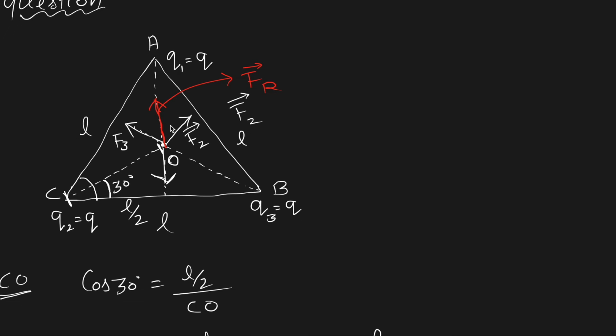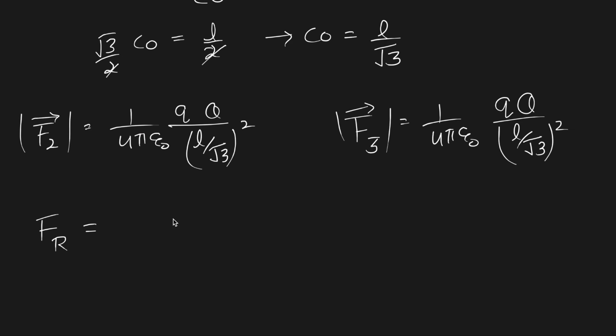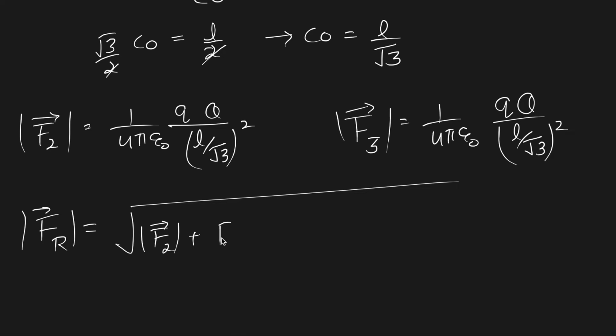Before that, we have to find out the magnitude of the resultant vector, and for this we already discussed in the last lecture how to find the magnitude of the resultant force. It is nothing but the square root of